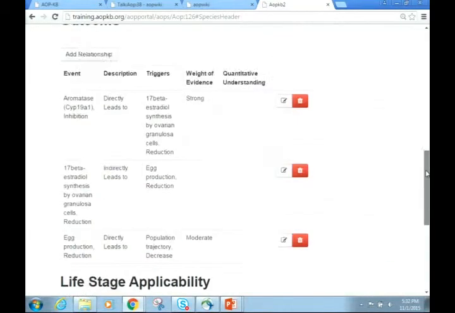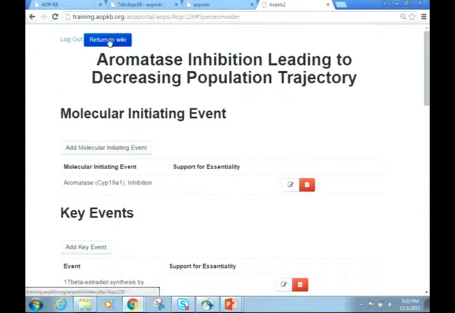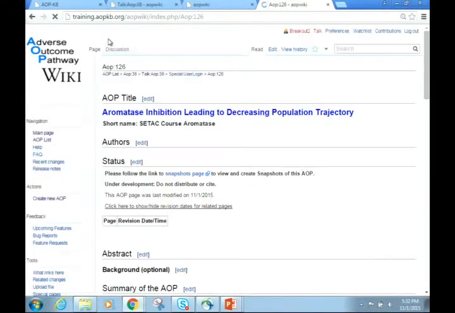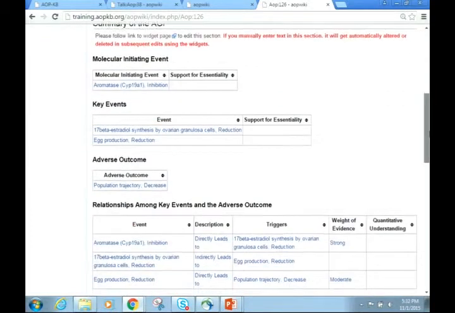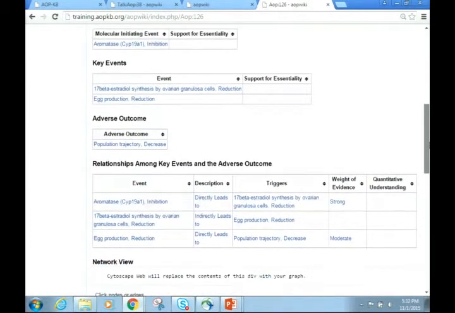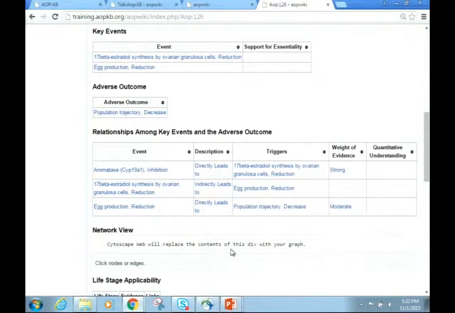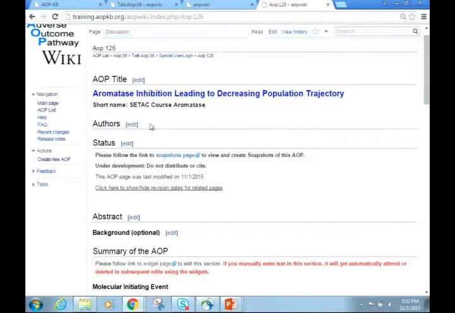And then once you are done with the widget tables, you can go to your newly created web page. So the first thing you can see is that the wiki page already has all the headers that you need. So it's formatted correctly on the front end. And you can see that everything that I put into my widgets was here. And if this were working on the training wiki, you'd see one of those networks like I showed you this morning. And so you have all of this to start from.